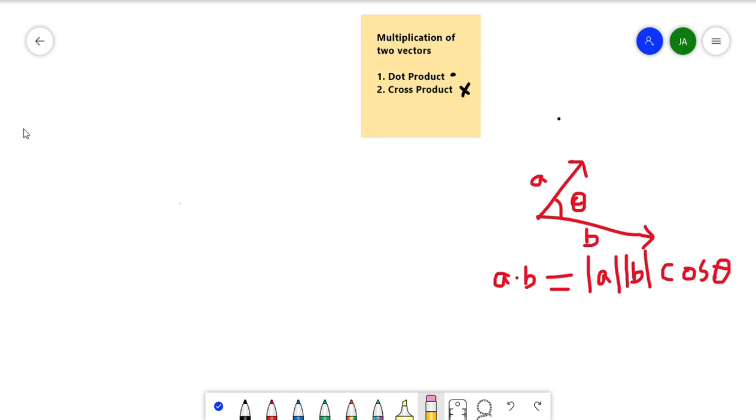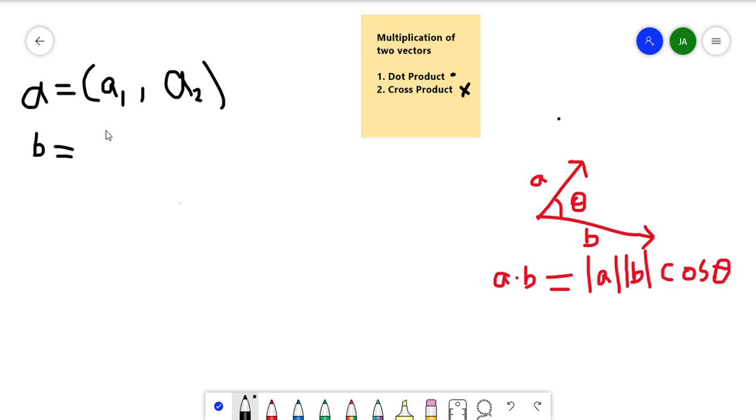If vector A is resolved into its components A1, A2, and vector B has components B1, B2, then the dot product of vectors A and B will give us